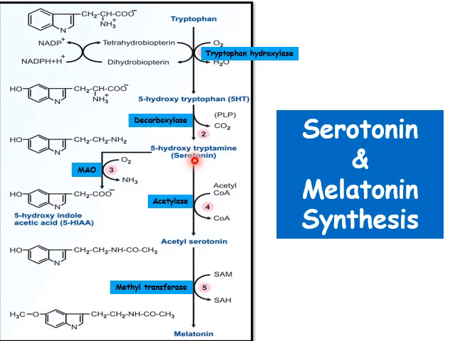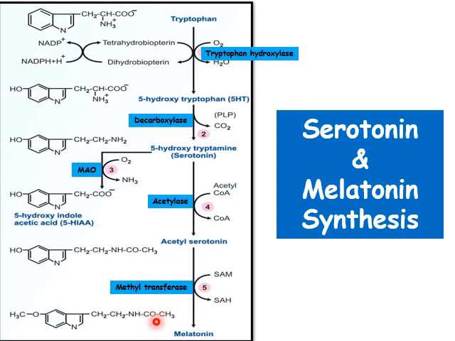This serotonin is degraded by monoamine oxidase, that is MAO enzyme, and it forms 5-hydroxyindole acetic acid. This is an end product of tryptophan metabolism when it goes to the serotonin synthesis. Then serotonin is acetylated with the help of acetylase enzyme. It forms acetyl serotonin. In the next step, there is a methyl transfer from the S-adenosyl methionine to the acetyl